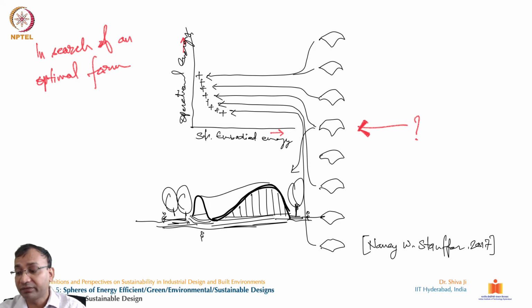So both of these are important. A huge amount of energy is invested at the time of fabrication and manufacturing, and a huge amount of energy is invested in the operations also. So we must have a balance of this. These cross points here, as you can see, are the results observed from the different types of roofing forms and the geometry of this roofing.